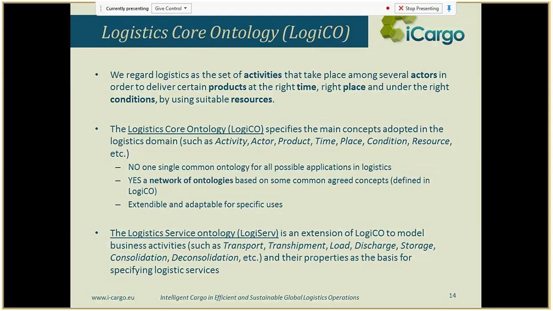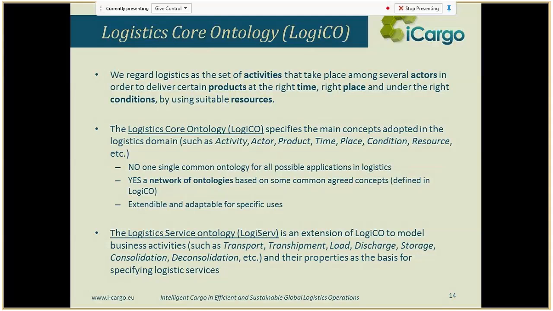And if we have to define logistics, well, most of the practitioners in the logistics domain make it very easy. There is a very simple solution. They always tell you, you have to transport something from A to B. But okay, we can elaborate a little bit more on that. And we start from this